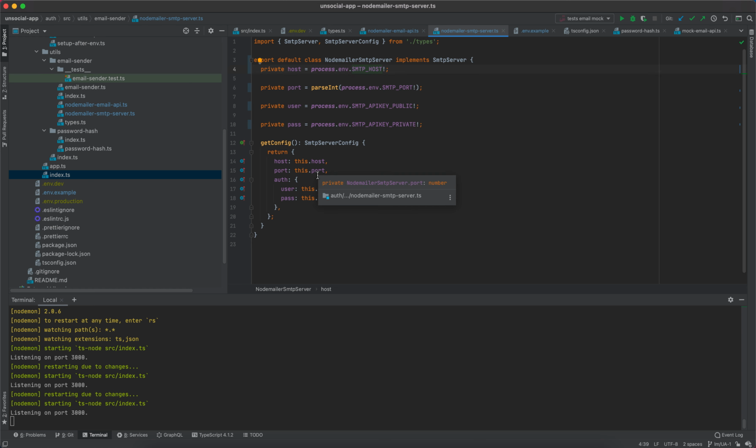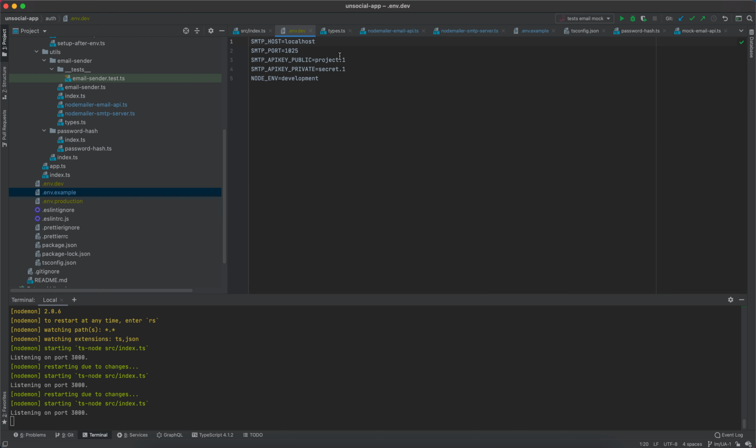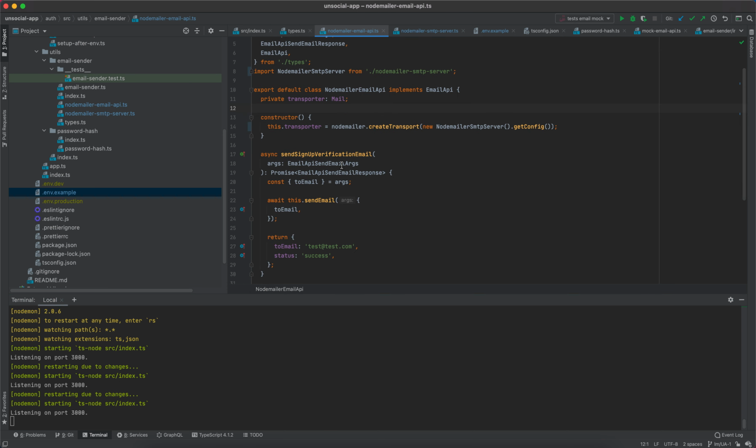Okay, so I have some value set in the .env.production here, and then I think we will use the .env.production for actual production API, so I will not open this during the videos because it contains some private keys, and I will also not commit this to the repository. But in any case, the .env.dev will be enough for us whenever we are running the project locally, and this is the one that we will use the most, or at least that you will see the most in the videos. So now we have a working node mailer email API with a working SMTP server,